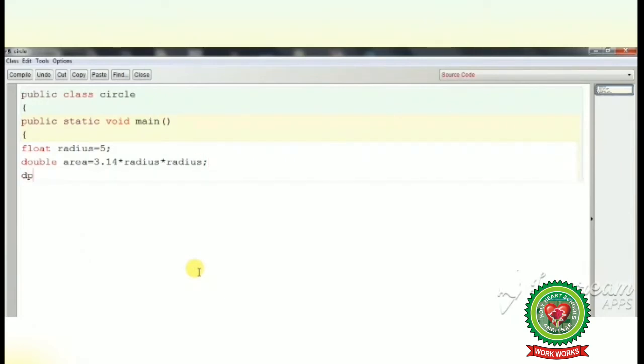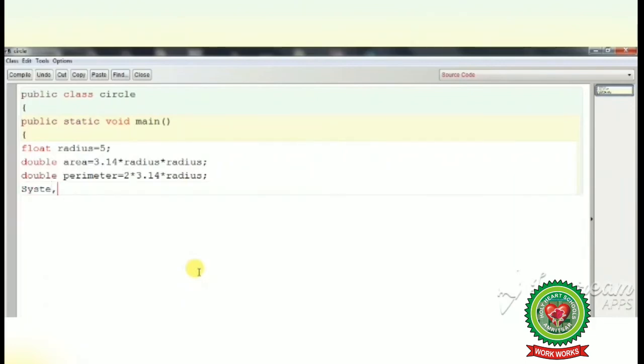Area is equal to 3.14 multiply radius multiply radius, semicolon. Then again we will write double data type. Perimeter that we have to find is equal to 2 multiply 3.14 multiply radius.